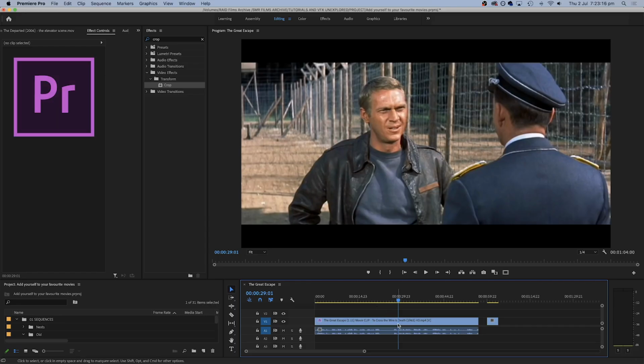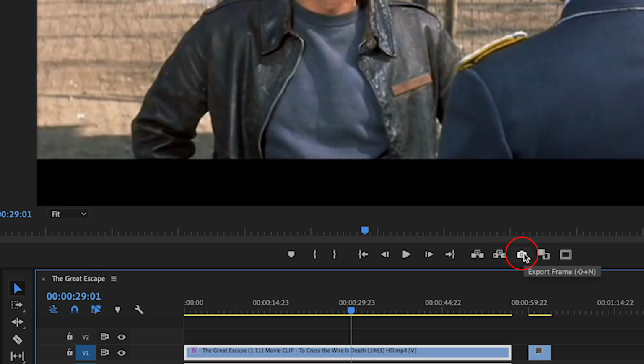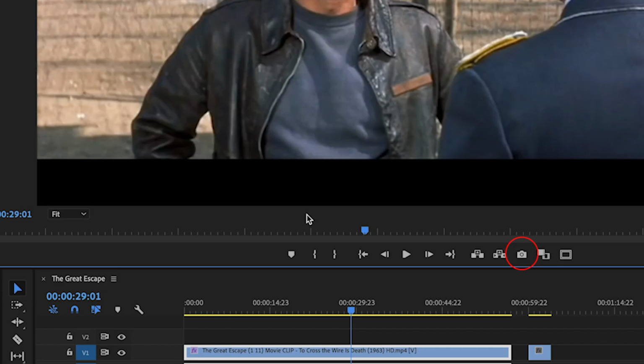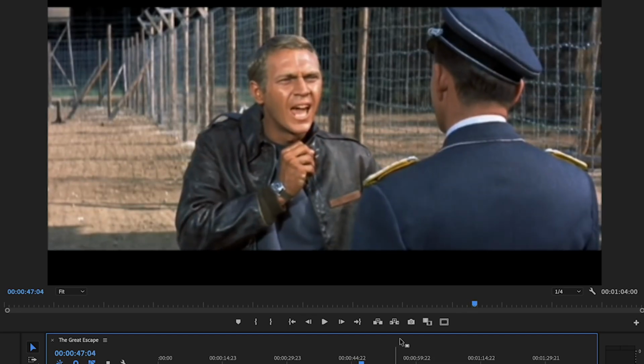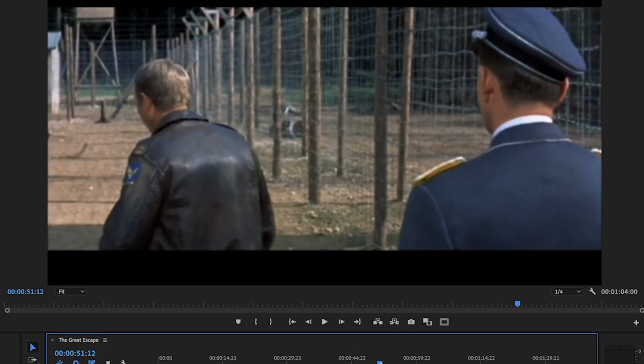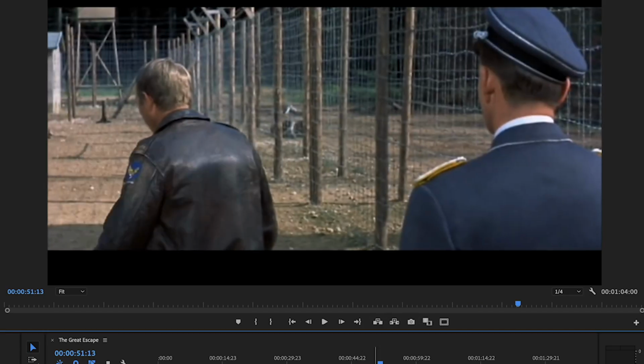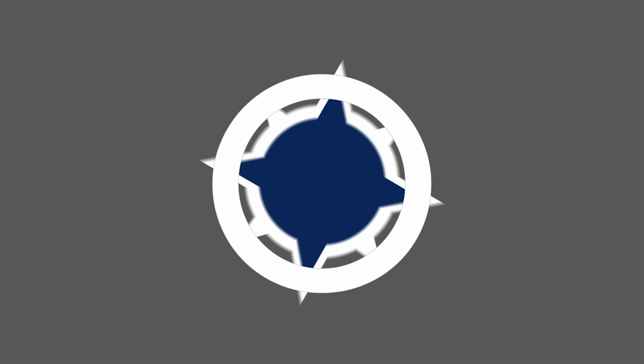The first thing I did was open each clip in Premiere and save a freeze frame each time the actor made a big movement. This is because each time they move, they are basically revealing a new part of the background, and we're going to use all of these to create a composite of a clean background without the actor.